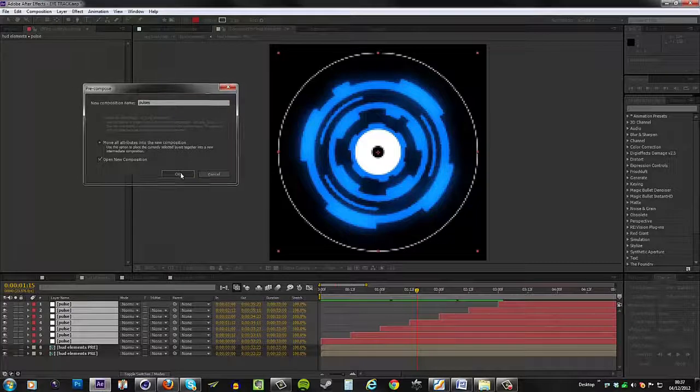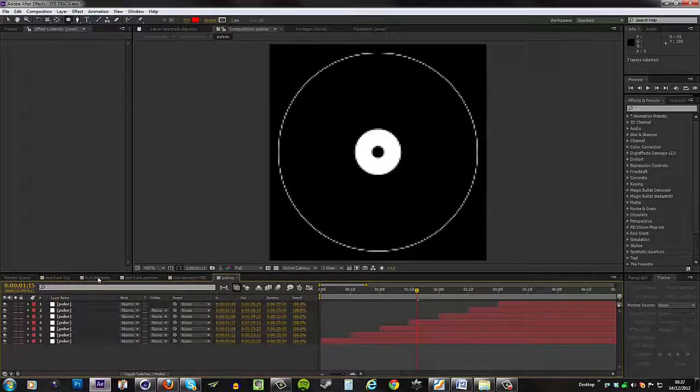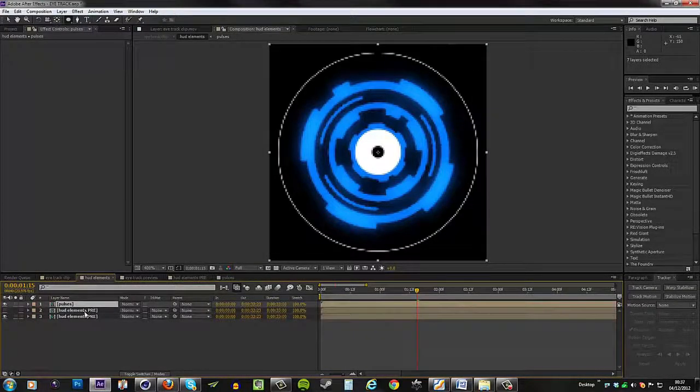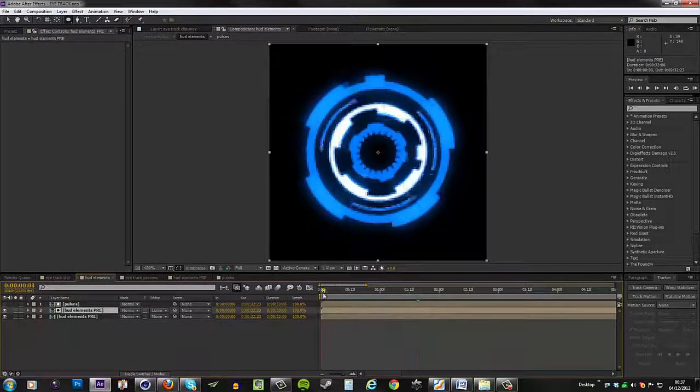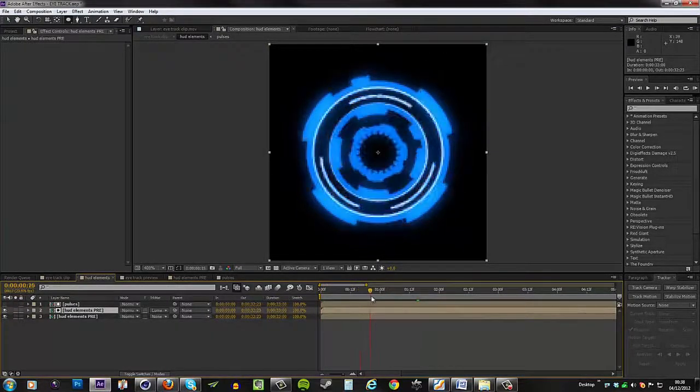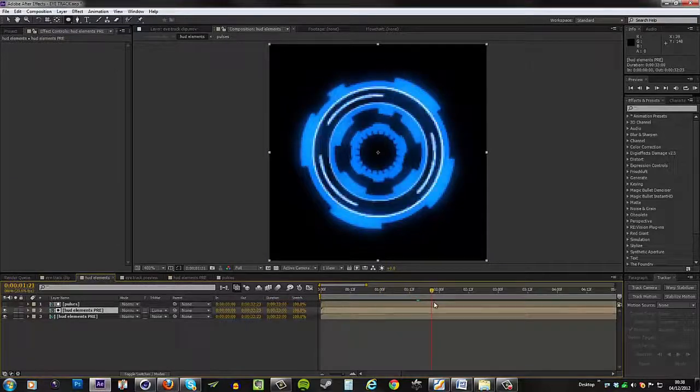and hit OK, and we'll go back to the HUD elements, and this white one, we'll bring it back and set its track matte to Luma Matte pulses. So we're just going to have this white thing flowing through all of them